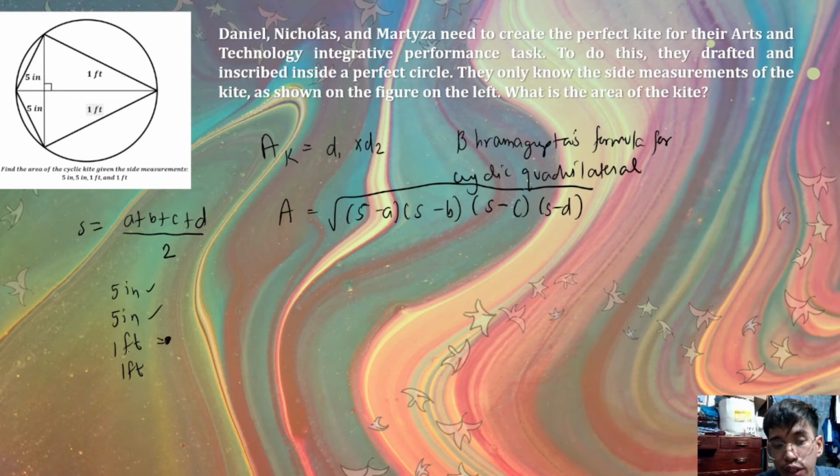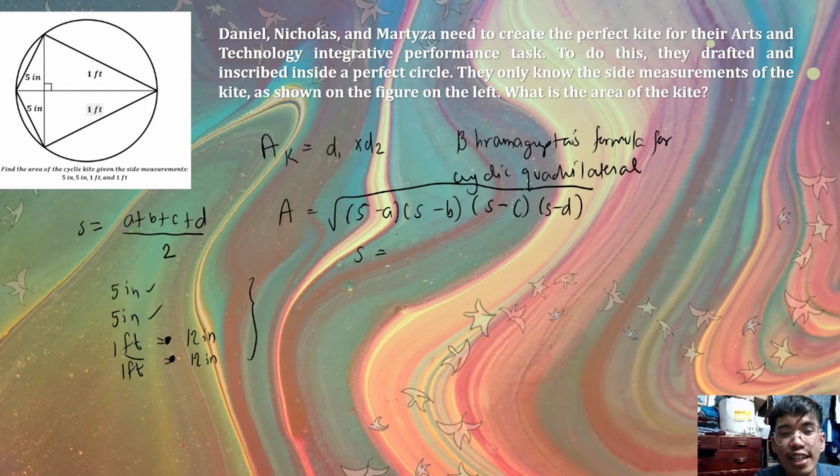We're going to convert the unit measurement for foot to inches, and that would give us 12 inches, because 1 foot is equal to 12 inches, and the fourth side would also be 12 inches. Now that all of the side measurements are in inches, we can now solve for the